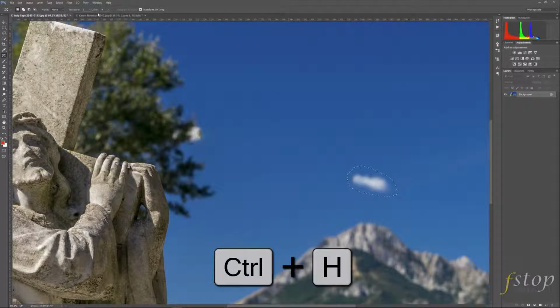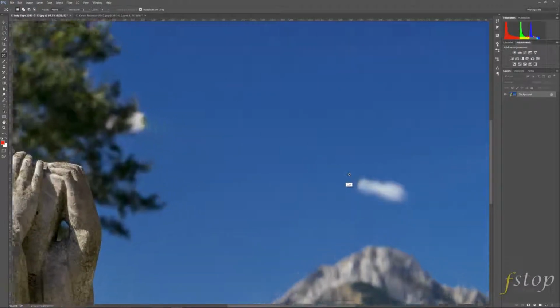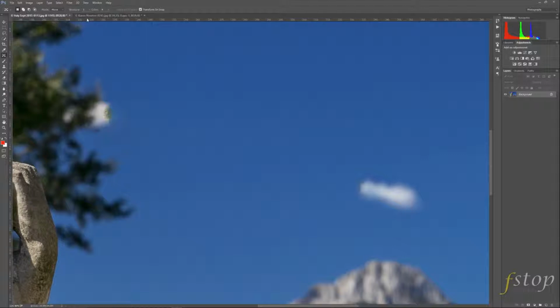Again, I'm going to press Command H and let me just zoom in on this area a wee bit. The settings that we have are actually very good for this. We have 2 in the structure and 5 in the color. But let's just move them back and forth so that you can see the difference they make. Structure all the way to the top. You can see that we have a hard blue line round it, and it very closely resembles the area that we sourced from. If I move it all the way down to 1,